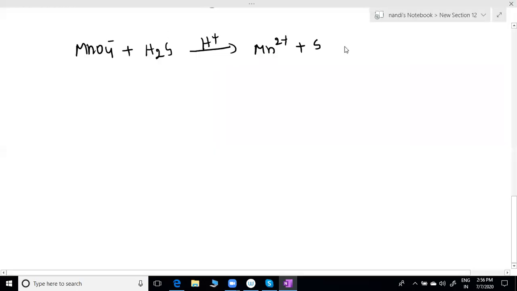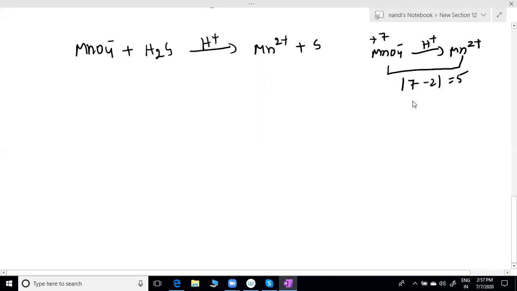Find out the oxidation number. Even this is fixed. Please note down here. MnO4 minus in acidic medium is always converted into Mn2 plus only. Always. So this is plus 7, this plus 2. The difference, how much is the n factor? 7 minus 2, 5. 5 is the n factor. Next time you should not solve this one. You have to give the direct answer. If I give KMnO4 or MnO4 minus in acidic medium, you have to tell directly that n factor is 5. Understood?